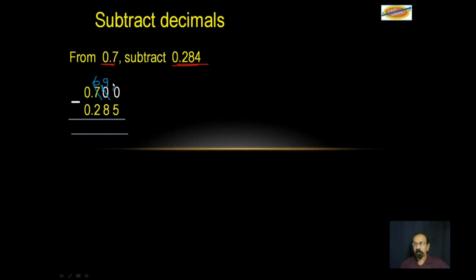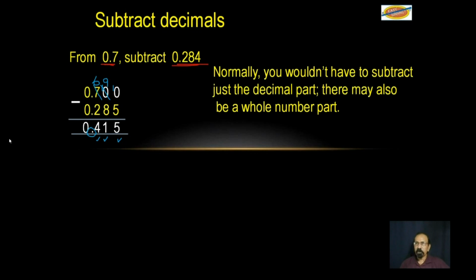So now we have 5 from 10, and we get 5. 8 from 9, we get 1. 2 from 6, we get 4. Remember to bring down the point and the 0. So normally you wouldn't have to subtract just the decimal part. There may also be a whole number part, like from 23.72, subtract